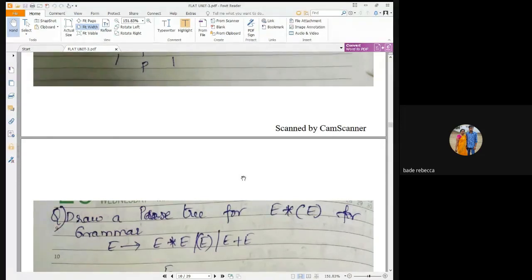Are you solving, students? Are you solving? How many of you got the solution for this one?